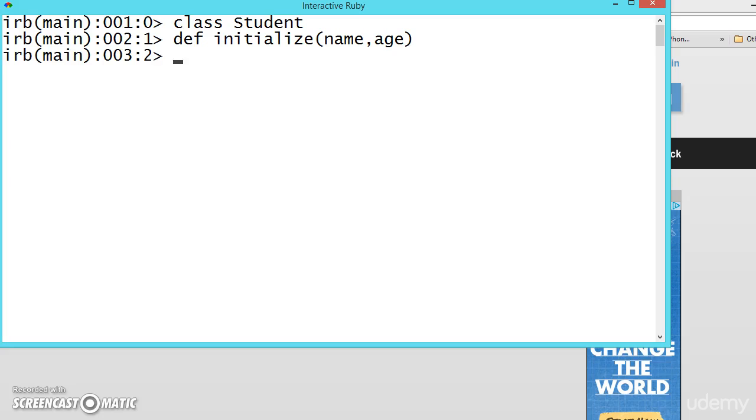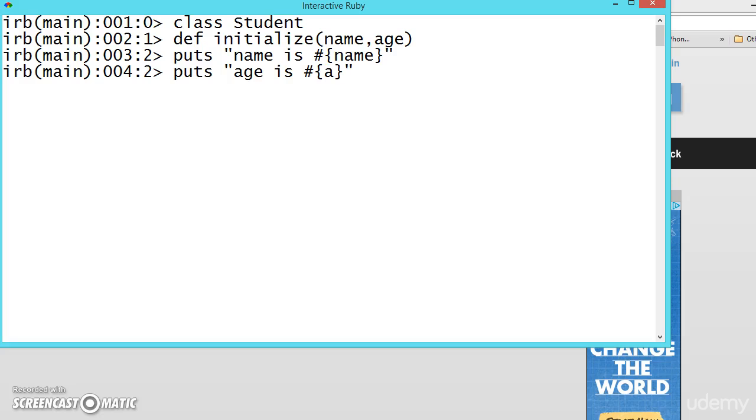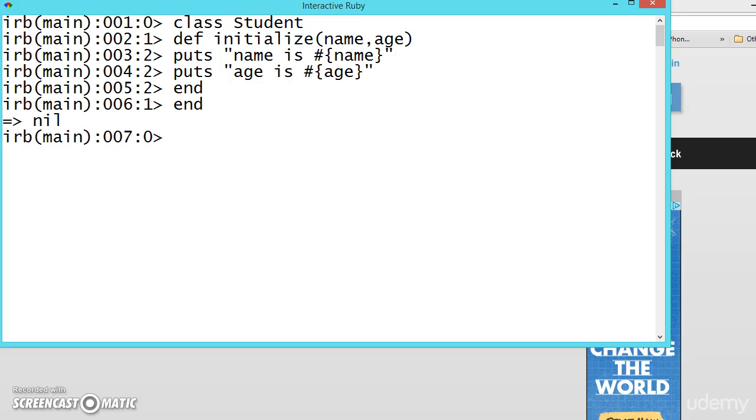Let us puts name is, name, puts age is, age, end the method, end the class.